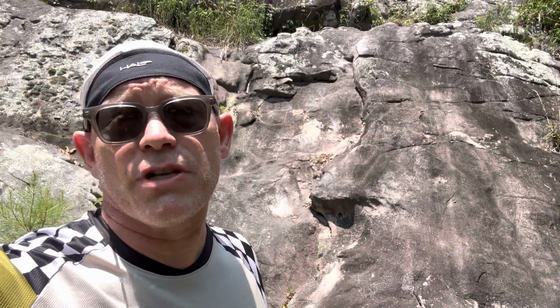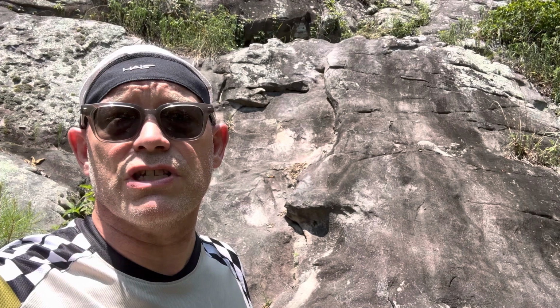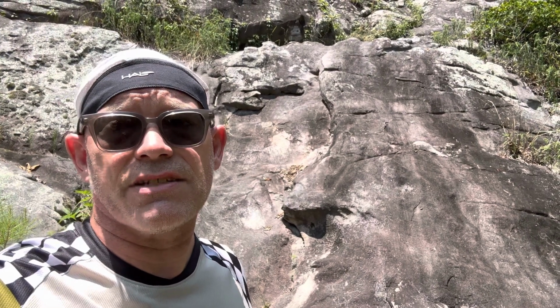I'm at a feature that we affectionately named Squamish-ish. The reason why we named it Squamish-ish is because at the time we built it, none of us had been to Squamish, but we imagined that this is what Squamish would be like. One of the guys who works for Transition came here and visited, and he rode this feature, and he said, hey, guys, it's neat enough to get its own name, which was a huge compliment, I think,